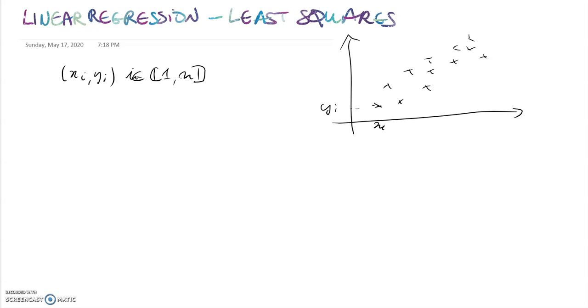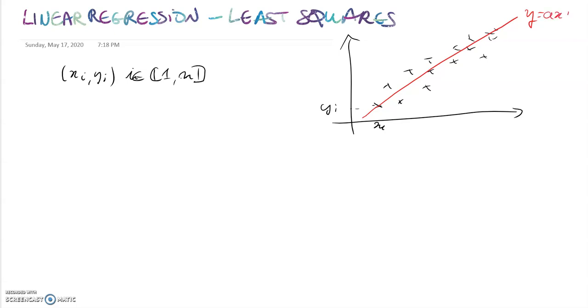And the idea of linear regression in general is to find a nice line to fit those observations, right? You want to find the equation of a line, represented in 2 dimensions,